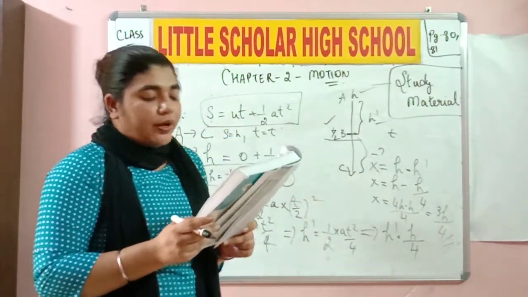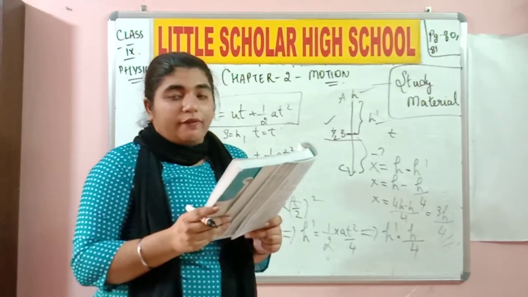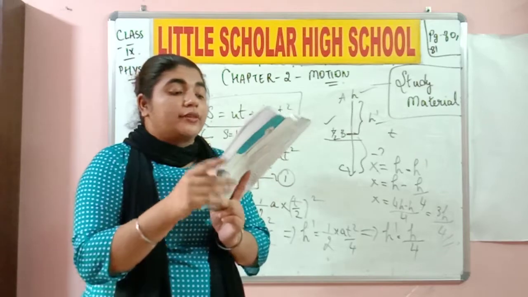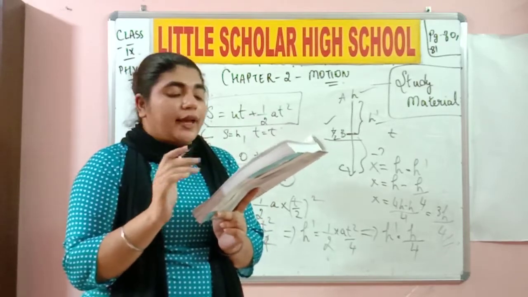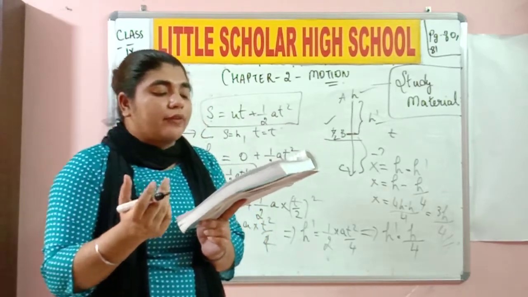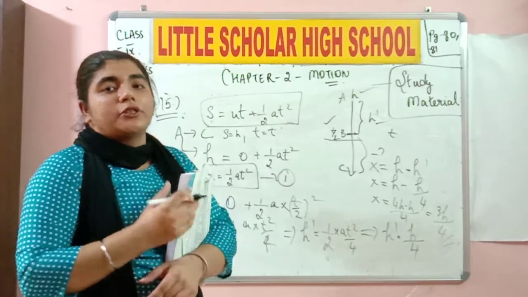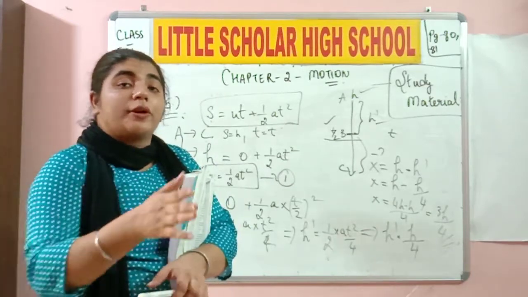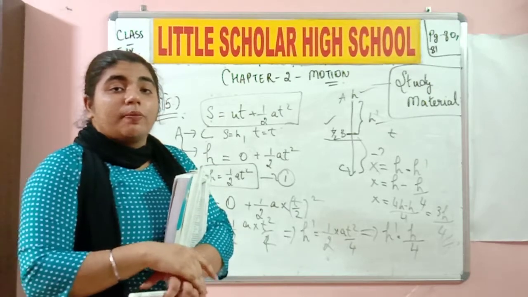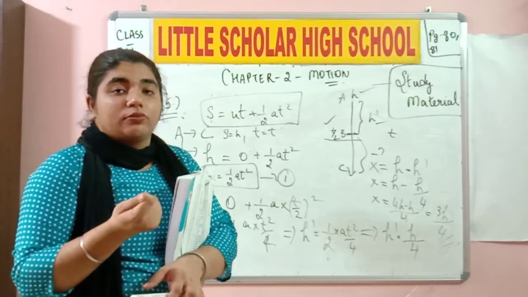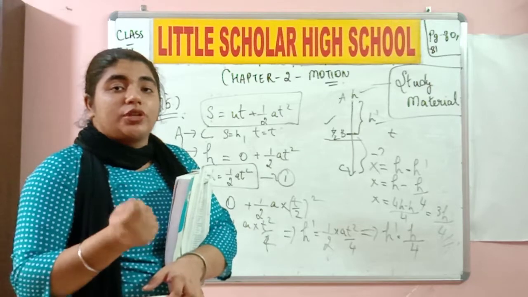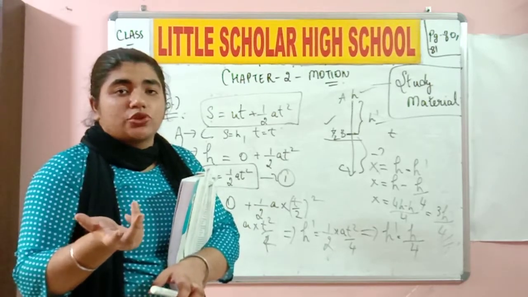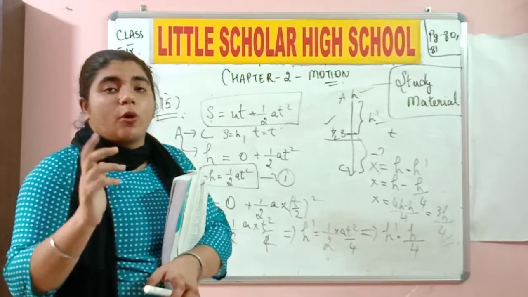Now, 16th one. An object can have a varying speed without having varying velocity. What is velocity? Speed in a particular direction. Maybe the object is moving just in a particular direction, but it is changing its speed. Do you understand? So even though it is changing its speed, there is a possibility that it does not need to change its direction. So 16th one is going to be option A.